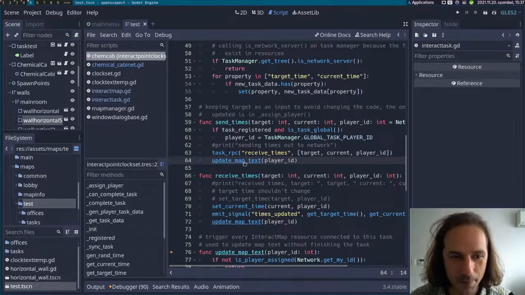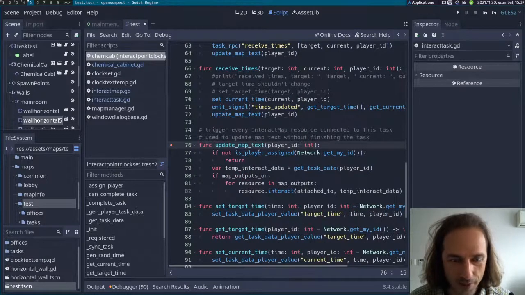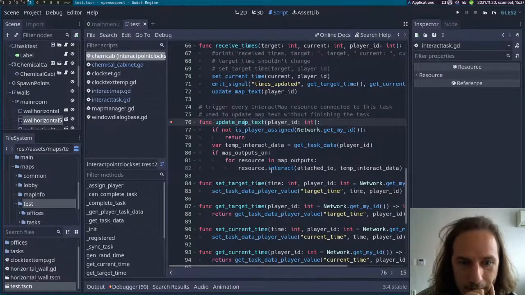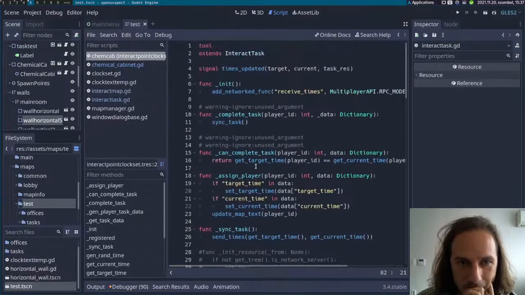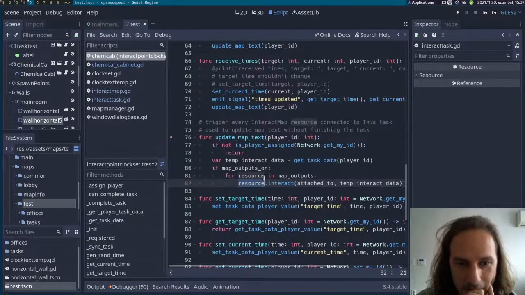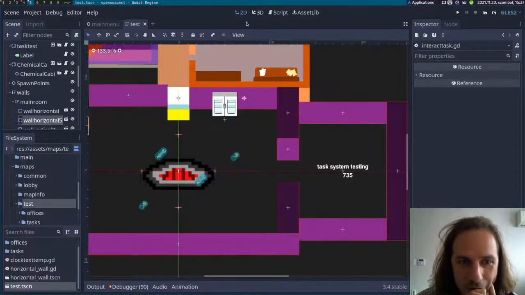We call the update map text, which calls the interaction on the resource. What is resource? Oh, where does the resource come from? Oh, resource from map outputs. Okay, so map outputs, I guess map outputs should be,